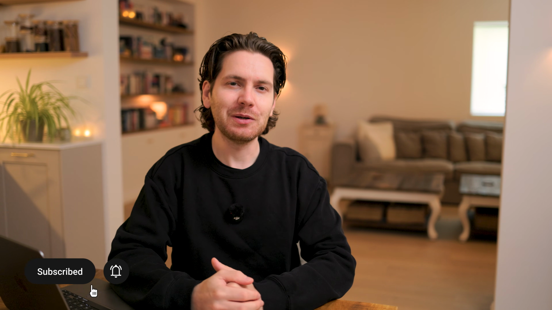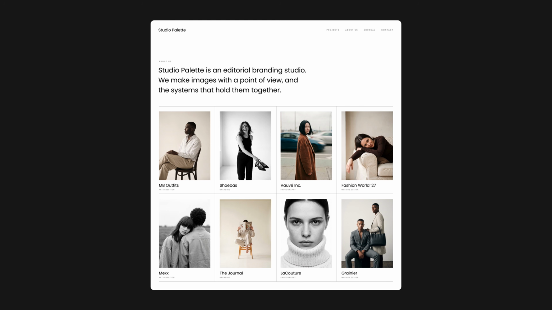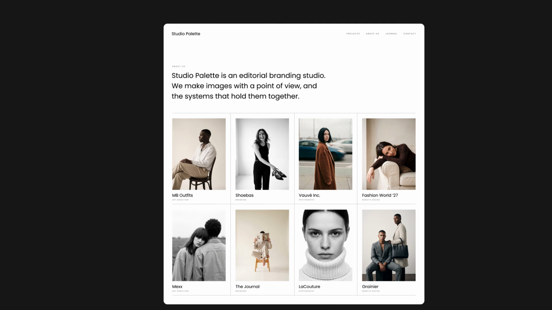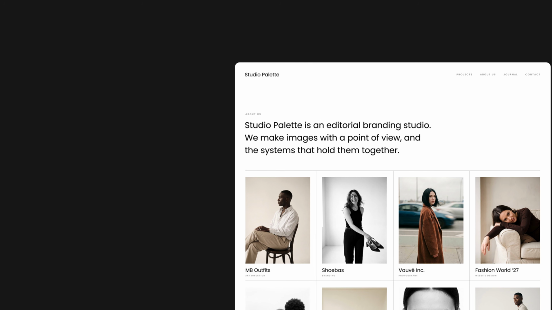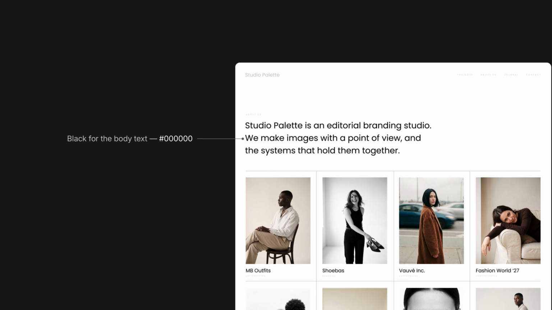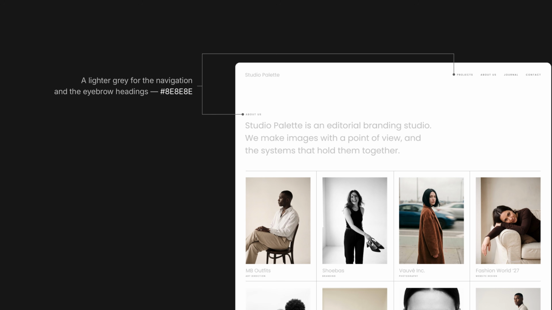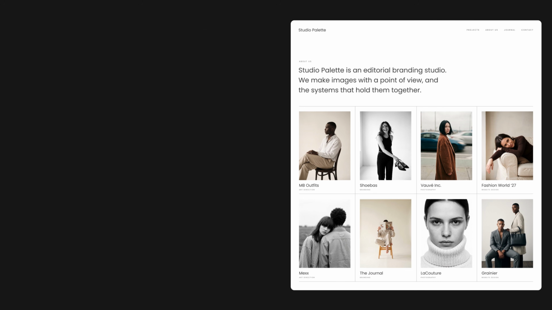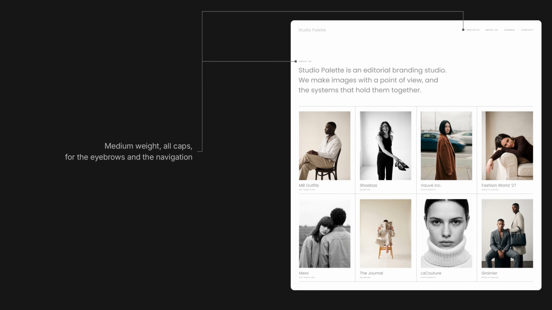If you've seen my previous videos, you may know that I always start with a design concept in Figma before I write a single prompt. And I do this to lock down the design and to create reference images that I can attach alongside my text prompts later on. For this one I wanted a light and editorial feel, so apart from the images I use gray tones only, black for the body text and a lighter gray for the navigation and the eyebrow headings. Then the typeface is the rounded Poppins throughout the entire design. And I alternate between a regular weight for the body copy and an all caps medium weight for the eyebrows